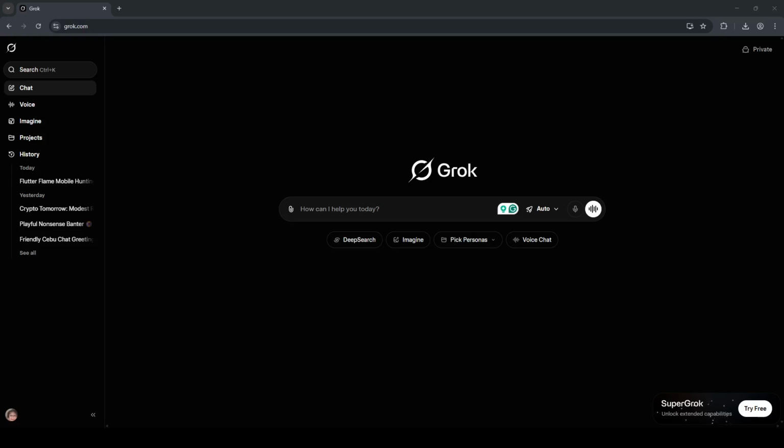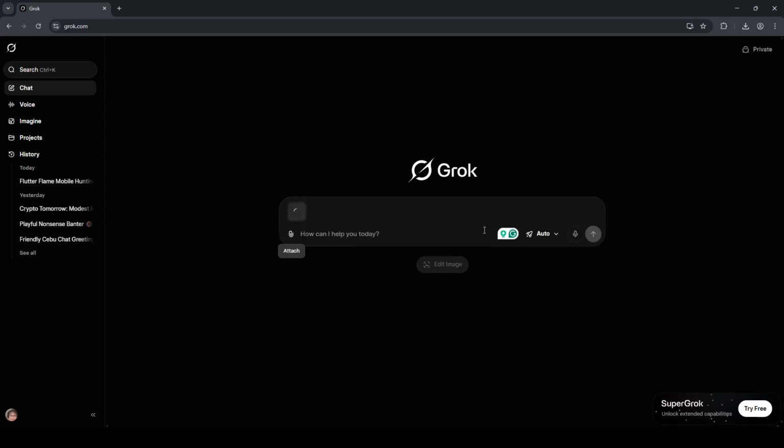After attaching, confirm that the thumbnail appears in the chat area. That's your signal the upload worked. Now, in the message box, type "enhance this image." Keep it simple. Those 3 words are enough to trigger a smart enhancement pass that typically improves sharpness, color balance,